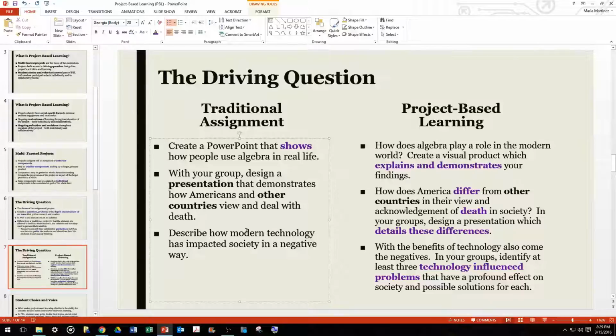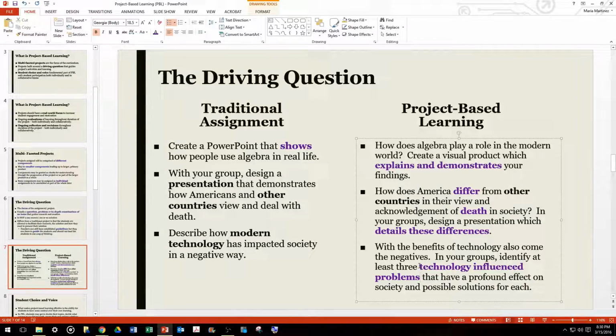The problem is that, of course, once we get into the wording, one of the problems we have is that we know that when we say modern technology, the first things that a lot of students are going to do, they're going to look at cell phones, they're going to look at computers, maybe they'll look at stolen identities and things like that. Whereas here, when we say technology influenced problems, we really allow our students, especially our creatively minded